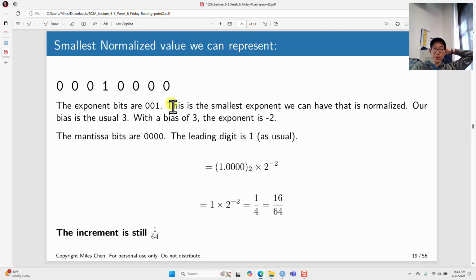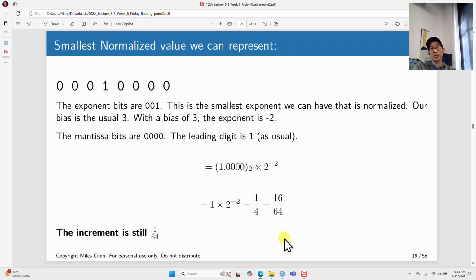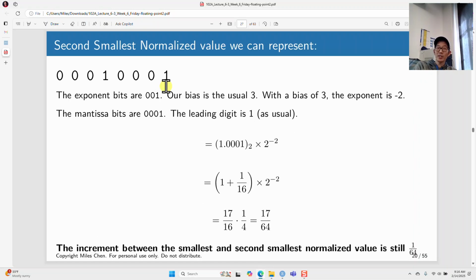So what is this equal to? This is going to be 1.0000, so that's just 1, times 2 to the negative 2. That's 1/4. Okay, but if you think about what is 1/4, that's 16/64. So we went from 15/64 to 16/64. Okay, or 1/4. 1/4 is 16/64. Okay, so what's the next number going to be? I'm going to change this bit to a 1, and what is that going to be equal to? Okay, yeah, if I add 1 here, this will become